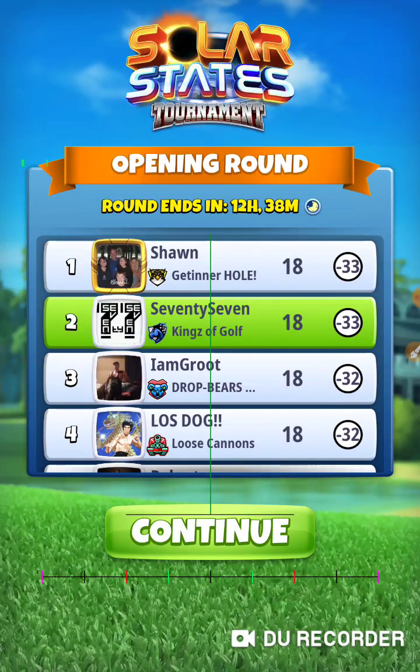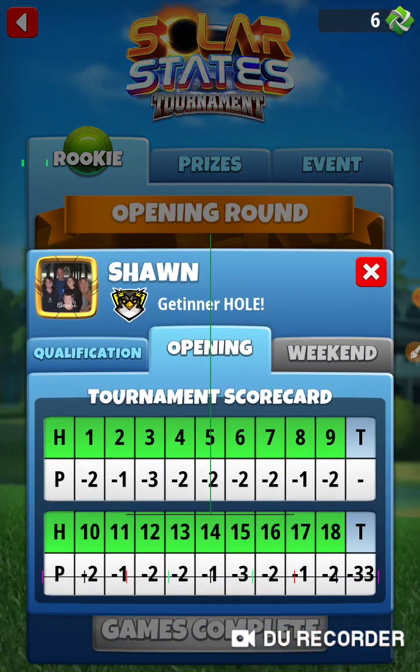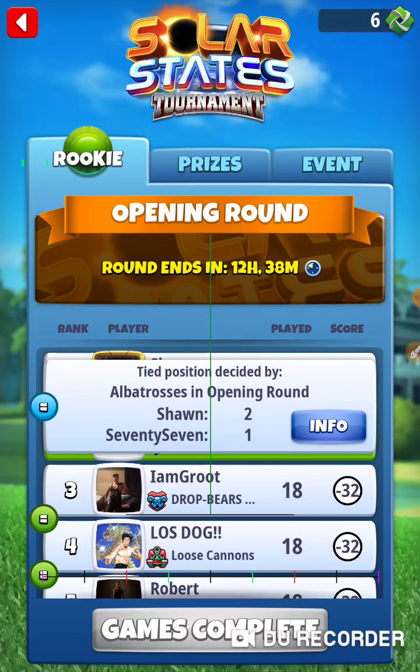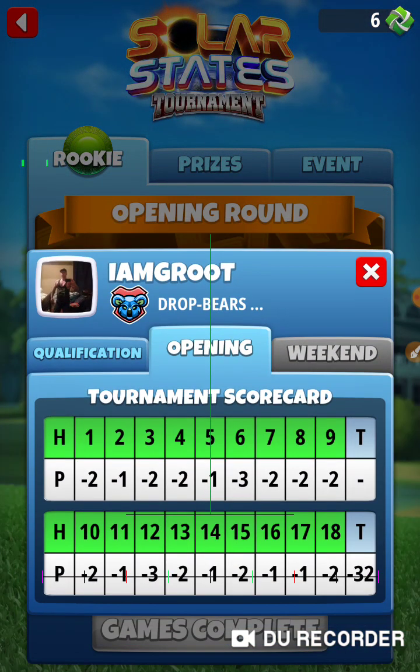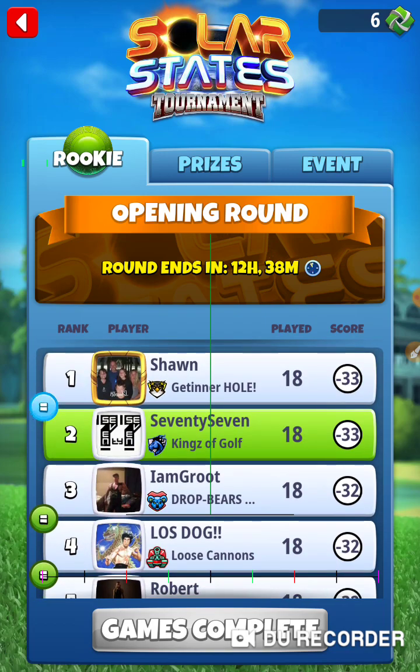And I'm really surprised that there isn't a 34 up at the top. Real surprised. 2 Albies. That's what beat me. Is that what beat me? Tied for position in the opening round with 2 Albies. Yeah. I'm lucky I got what I did. All right, I'll take the